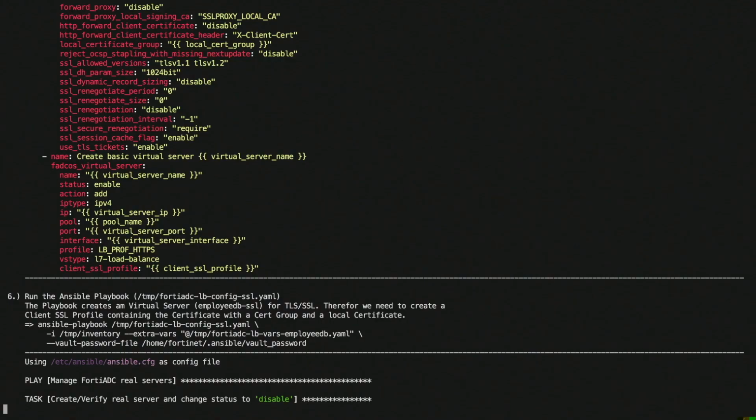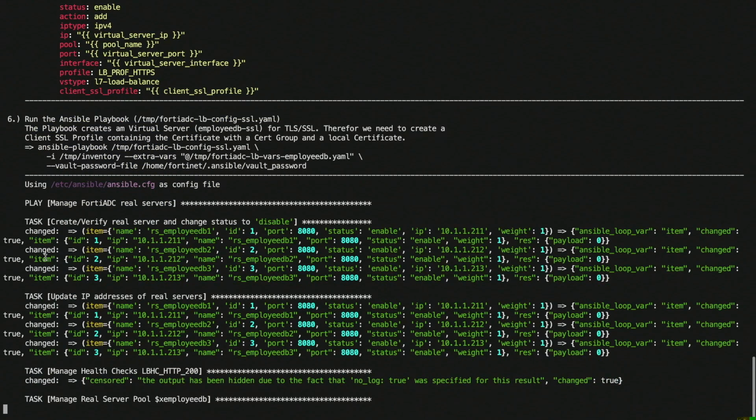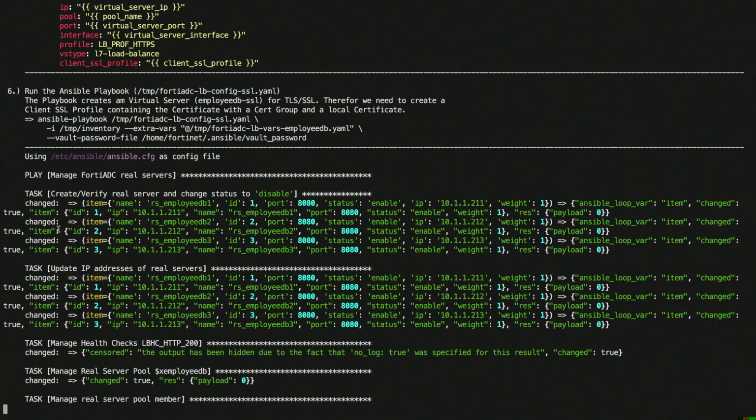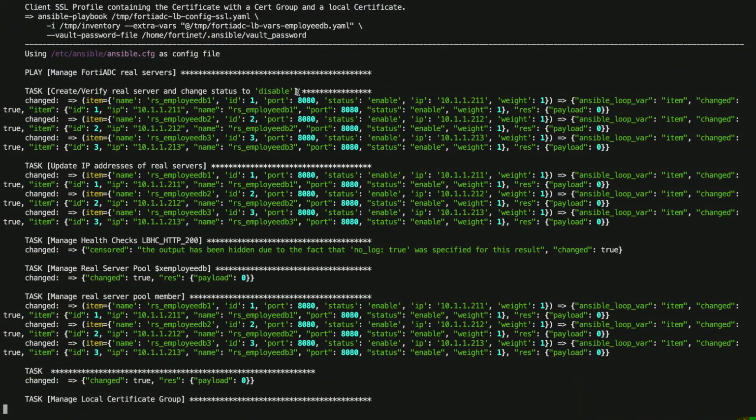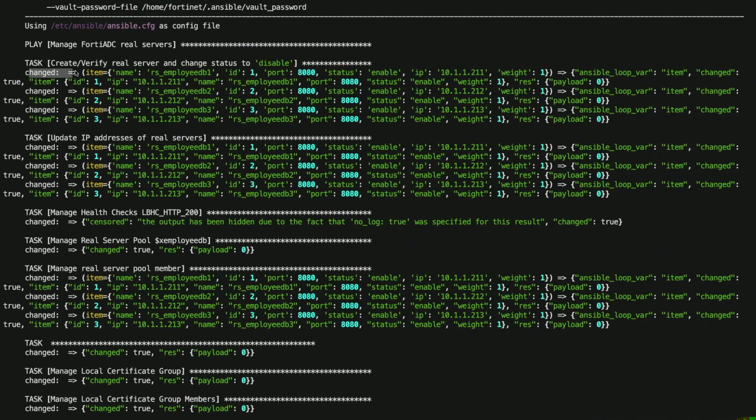Now, we run the playbook, and as you can see, a lot of green is pretty well good. But the first step, you see all the tasks related to the task we have configured in the playbook. So the first task is we do the real servers and change the status to enable. Okay, and what you can see here is we have 3 lines, and this is because we loop through the real servers. You see the first is ending with IP address 211, 212, 213, so all works fine,